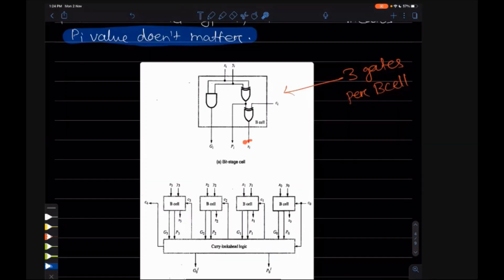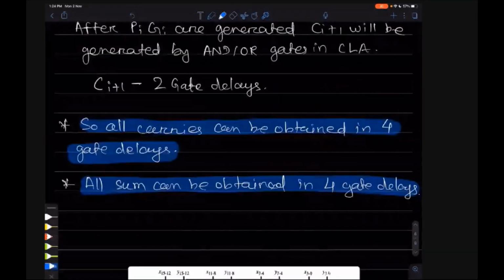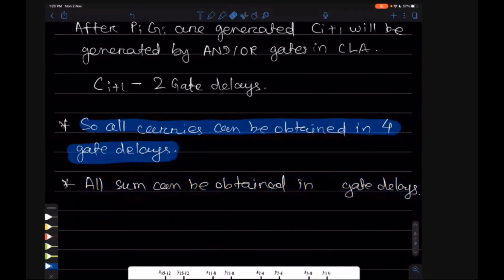How much time will this sum 1 take? The sum will wait for the carry. Yes, 4 plus 2 for the XOR gate. So there will be 6 gate delays. So there will be some change here. It is not 4, it will be 6.